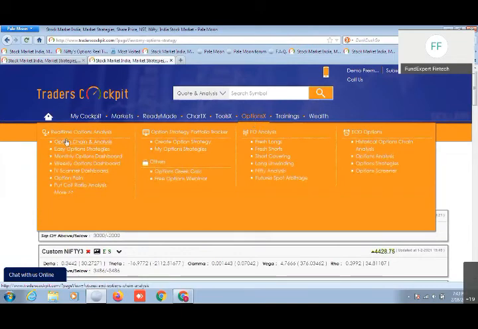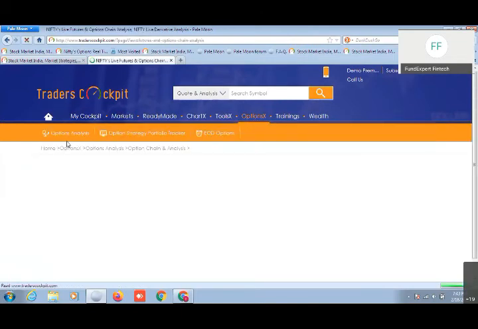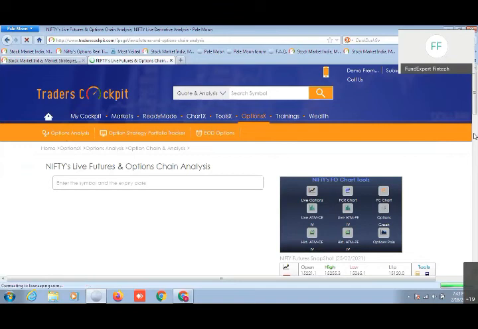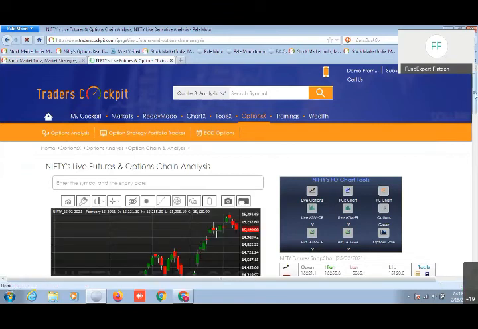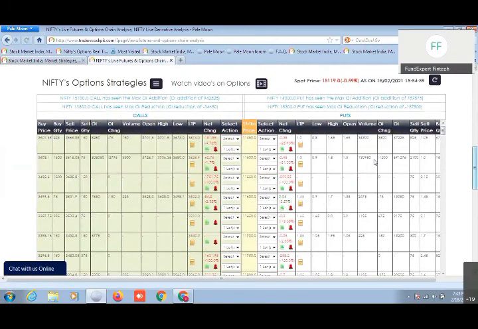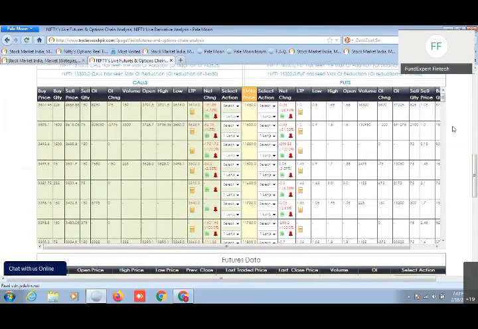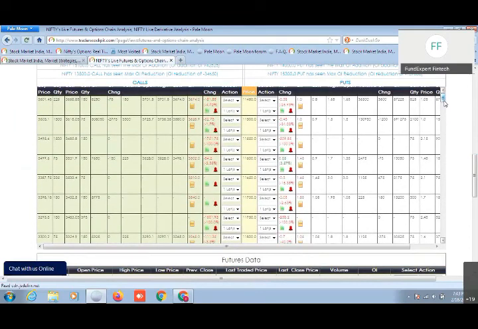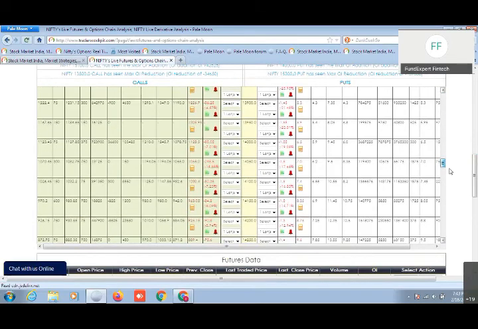Now this is for the customized strategy. This is for the ready-made, some customized strategies already available. But if you want to create your own setup, for example, being an option trader, you saw a bullish trend, and accordingly you want to buy a call option, then downside you'll be able to see this option chain analysis page, where you can select the particular strike price. Suppose you want to buy a call option and you want to analyze what can be the payoff, or what can be the risk level, or what can be the target level. Then you can come to the option chain analysis page here, and if you scroll downside,